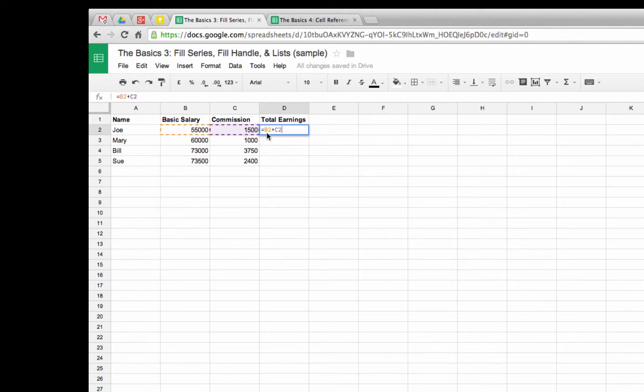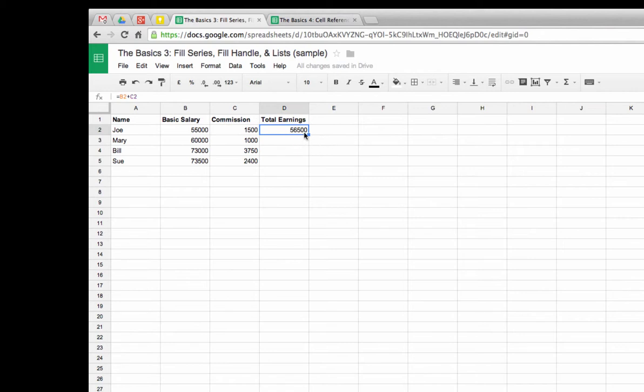It's adding basic salary, which is in column B, with commission, which is in column C. So this formula that I've highlighted is just adding the contents of cell B2 to C2 and returning a value in D2. Now, rather than having to repeat that formula in the cells below, if I click on the cell that contains the formula,